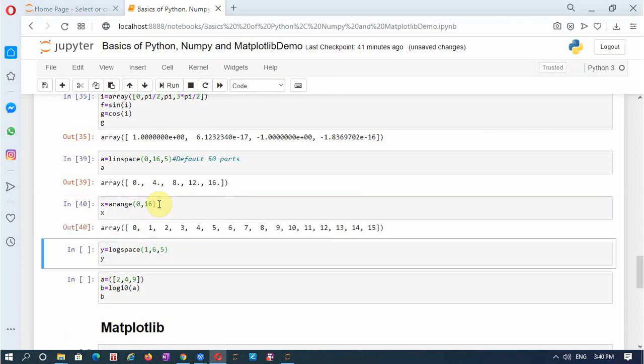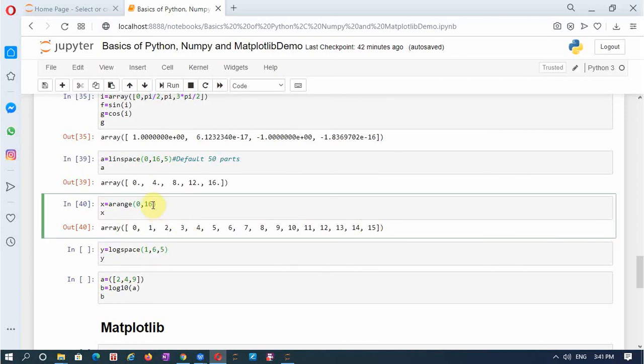So I'll run this. So x is divided in steps of 1, and you should note here it is not arrange, it is arange. So when we arrange this sequence of numbers from 0 to 16, always this last one is not present, the last but 1. It stops at a number which is last but 1. Now 16 is the last number, so it will stop at 15. So in steps of 1, it has organized this array starting from 0 to last but 1, that is 15.